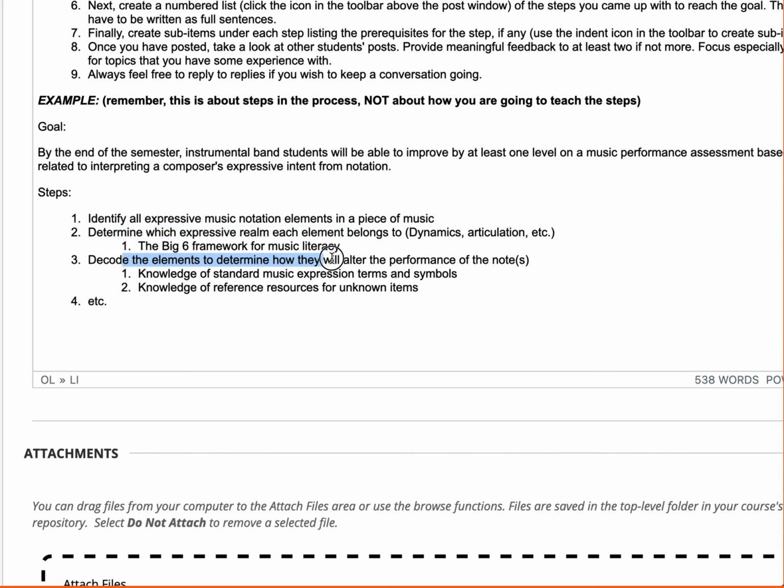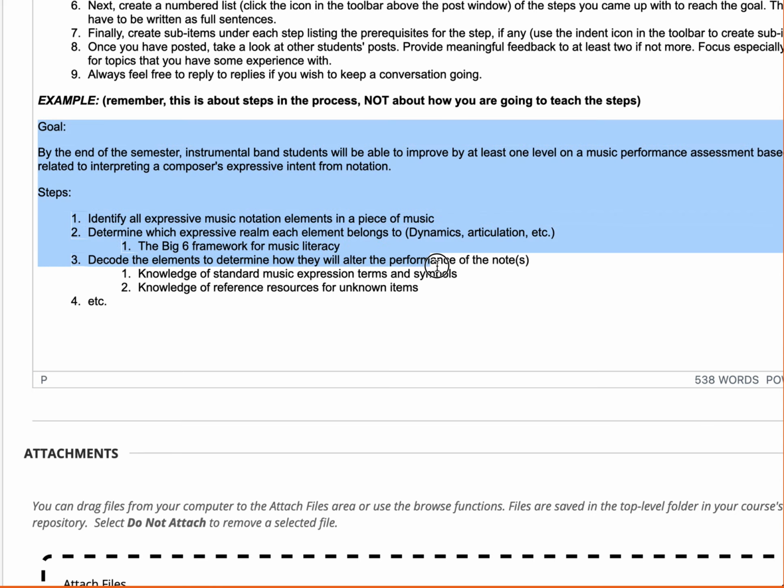Then they've got to decode the elements. That's a step. And in order to do that, they need to have a knowledge of the terms and symbols. They need to know how they can look up terms that they may not know. So those would be prerequisites to completing that step, and so on and so on. So this is 3 steps out of what might be 4 or 5 or 6 steps, but just to get a bit of an idea, what your post is going to look like is not going to be any more